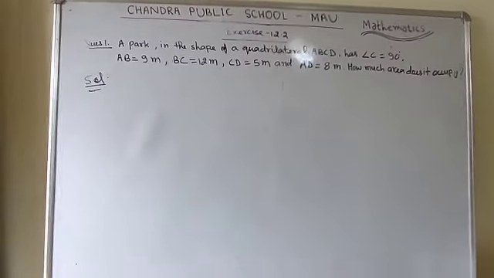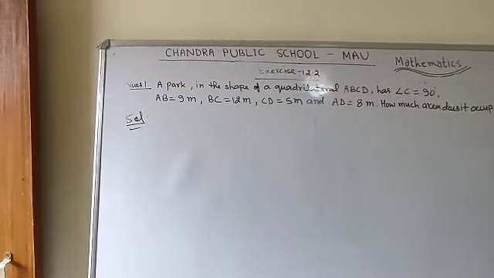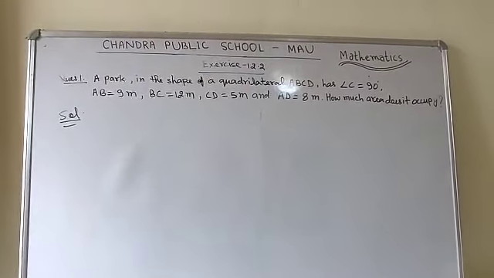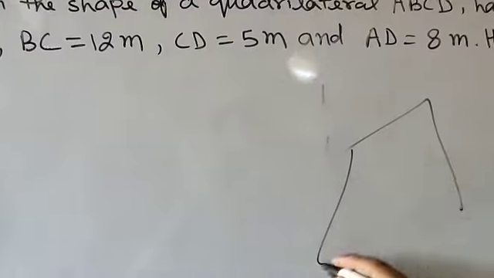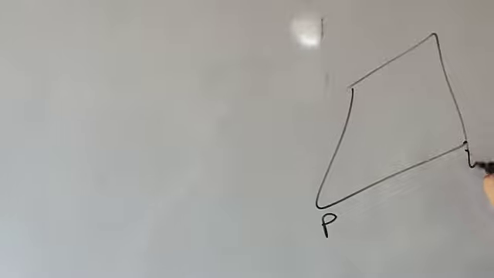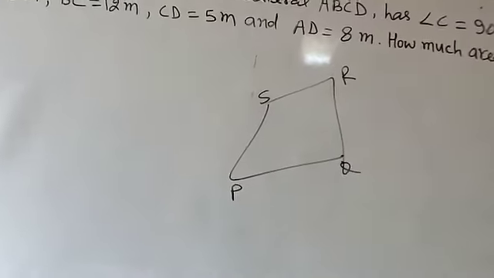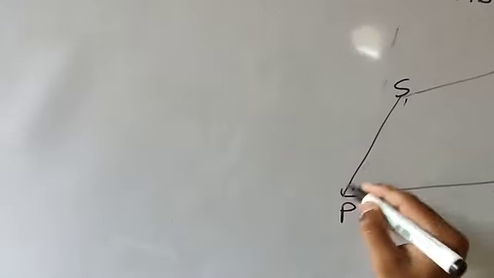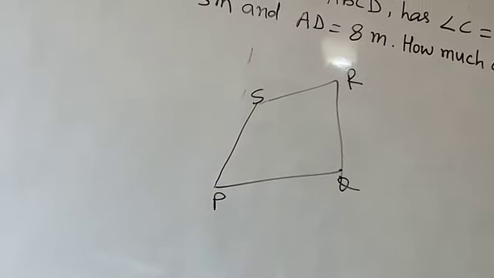So students, if you are going to find the area of any quadrilateral, you have the formula for certain quadrilaterals like rectangle, square, rhombus, parallelogram. But if a general quadrilateral is given, suppose it is PQRS, then how will you find the area of the quadrilateral PQRS? It is a general quadrilateral. So how will you get its area? You will use Heron's formula to find the area of this quadrilateral.